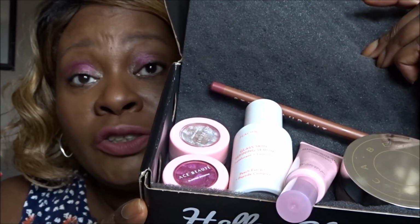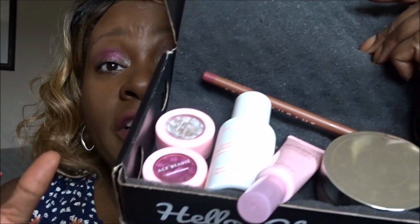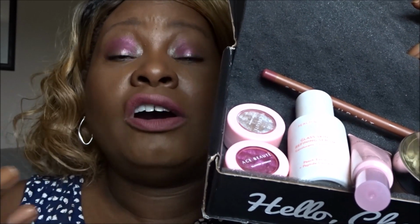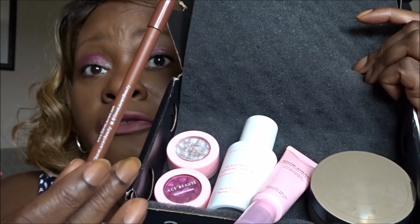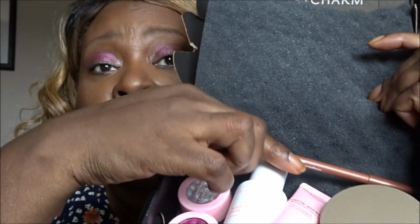The box cost $21 in the US. For me to get it over here, total cost was £25. And I've got $160 or £132 worth of product here. I'll use everything inside this box, probably, but apart from this. So I'll probably give this away to my daughter, because she's the only person who I think